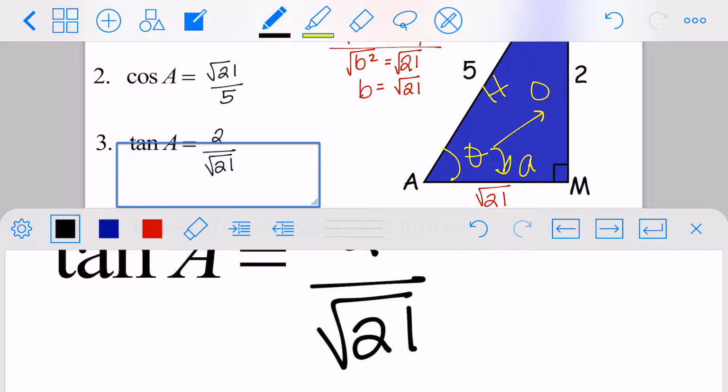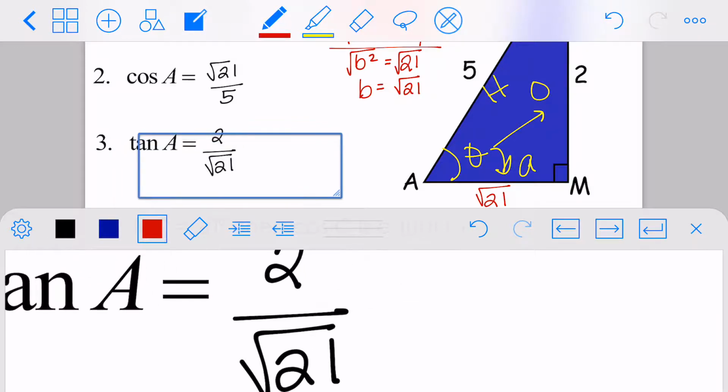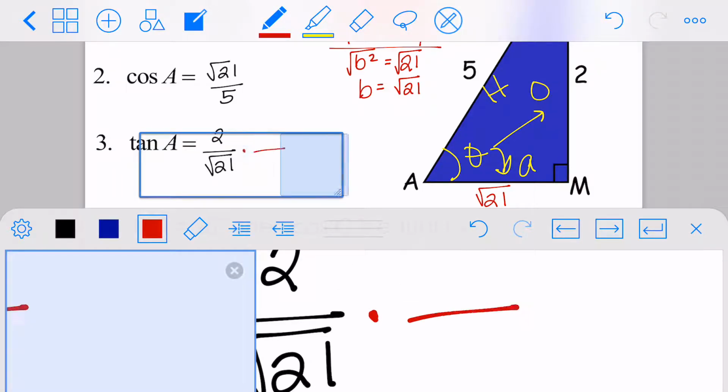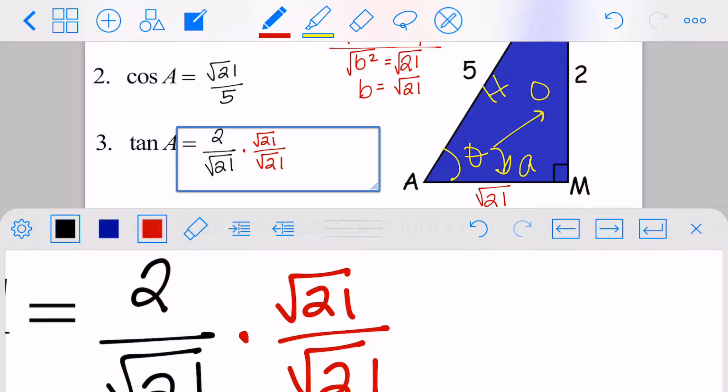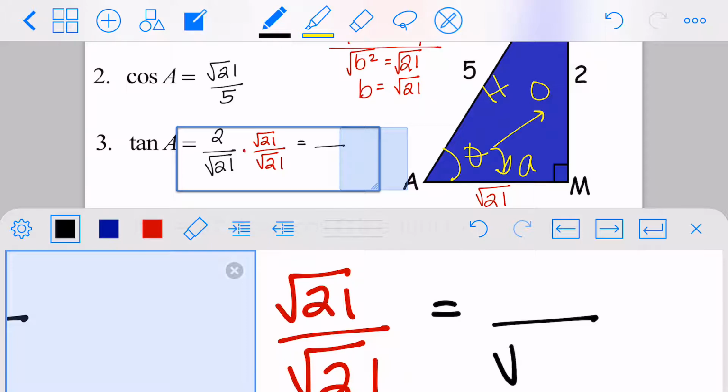The problem here is we're not allowed to have a square root in our denominator. So that means we have to rationalize the denominator. To do that, we multiply square root of 21 times square root of 21 on the top and the denominator. Because the square root of 21 times the square root of 21 is equal to the square root of